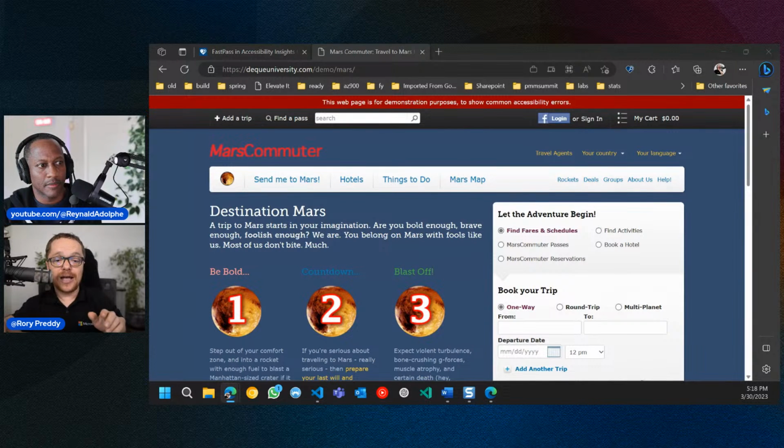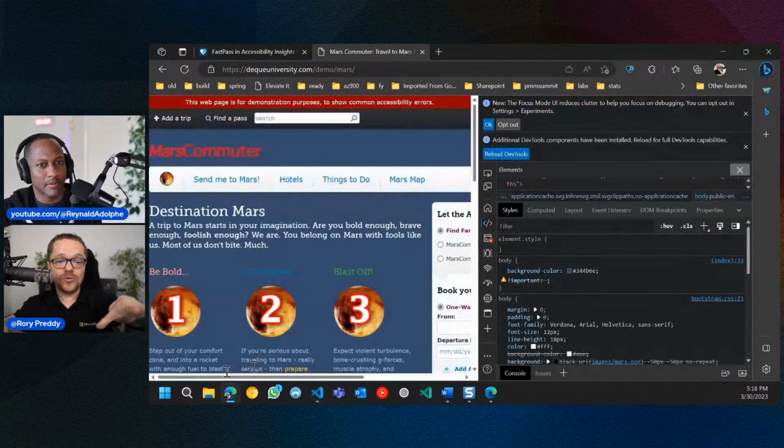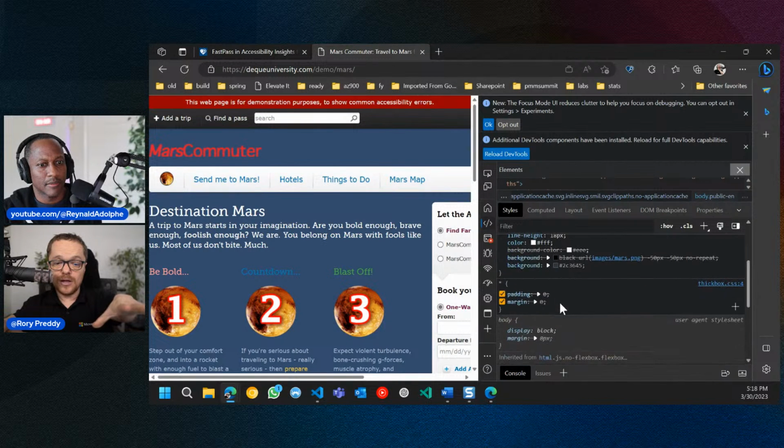In the site here, look how detailed this is. Let's go into the HTML and see if we can see what they use here. They probably use, I'm guessing, Bootstrap or something. Let's go into the layout, the styles, computed layout, event listeners, DOM breakpoints. I'm used to the Chrome tools, so I don't actually know where the normal source is.